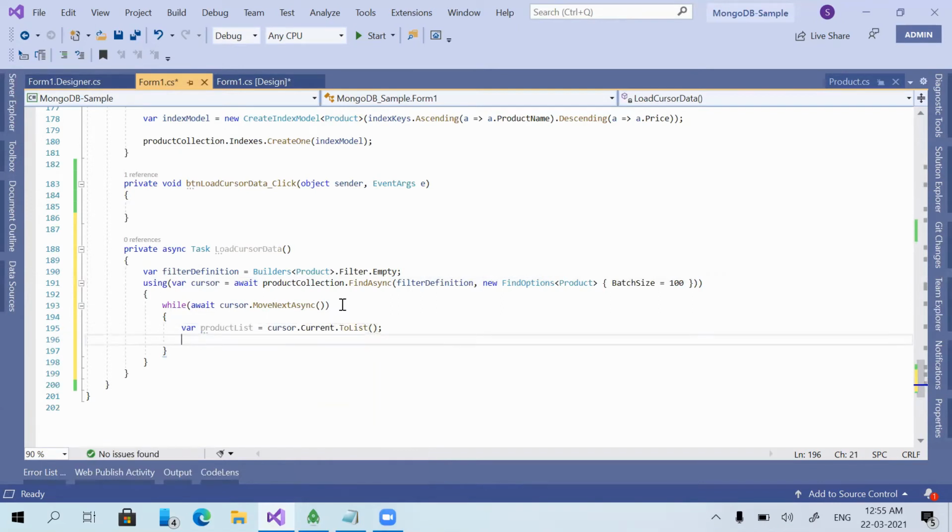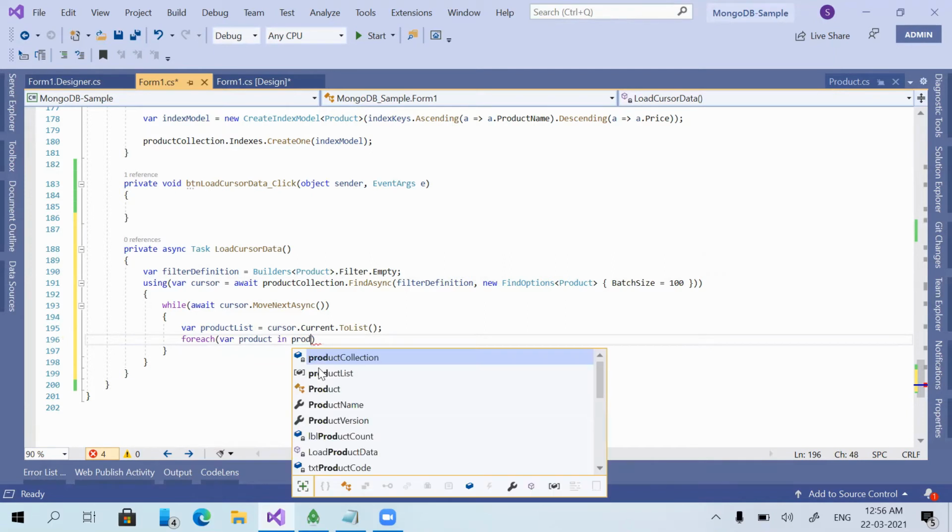Okay. Now I'm giving a for each method to iterate through the product list. I will explain this particular function. I'm just finishing this method actually, and after that I will explain how it works.